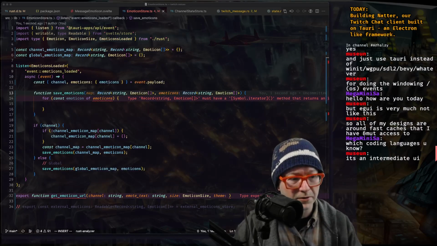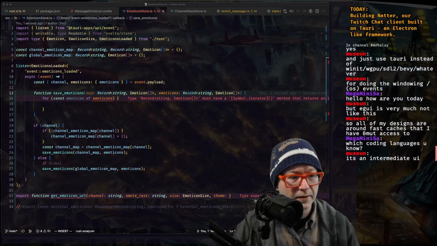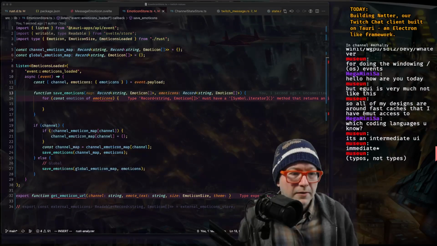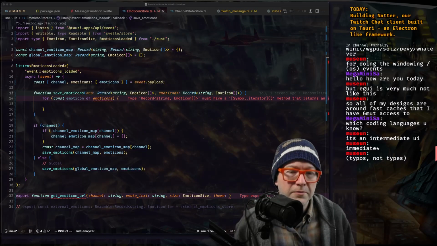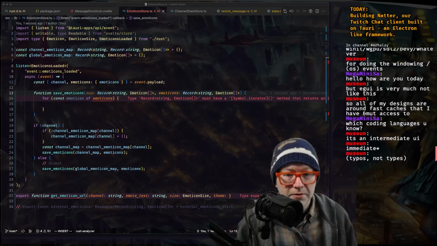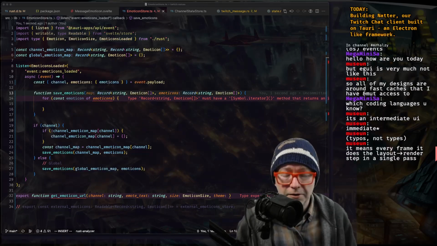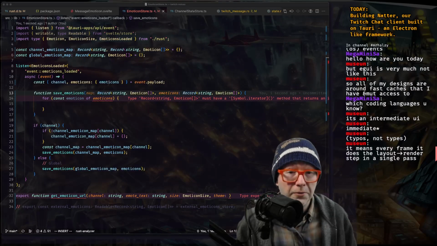Which coding languages do I know? Intermediate UI. Oh, immediate. Okay. I don't know, I know a number of them. C, C++, JavaScript, TypeScript, Java, Erlang, Elixir, Rust. All at varying degrees, right?